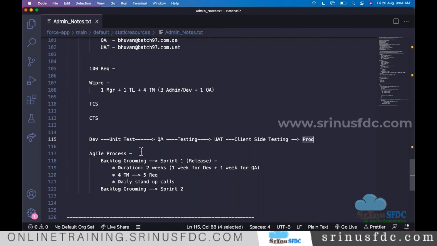Yeah, so that's what will happen. Let's say you don't want to lose these developers and administrators who were created for the project. We can also refresh from another sandbox. When you are refreshing, we can also choose whether you want to refresh from another sandbox. That option will also be there. Okay.